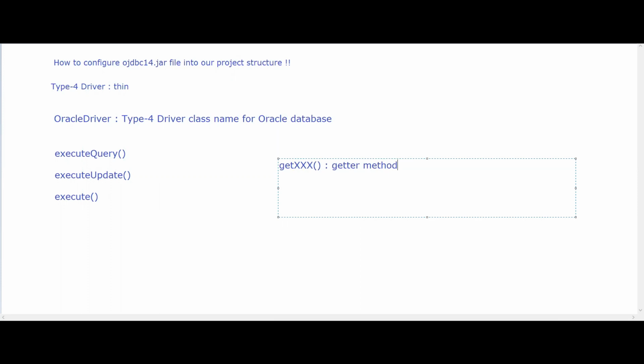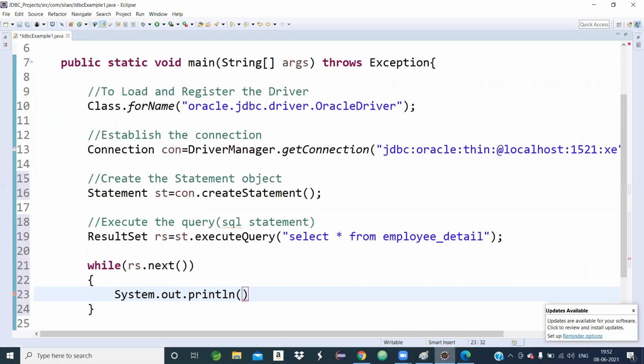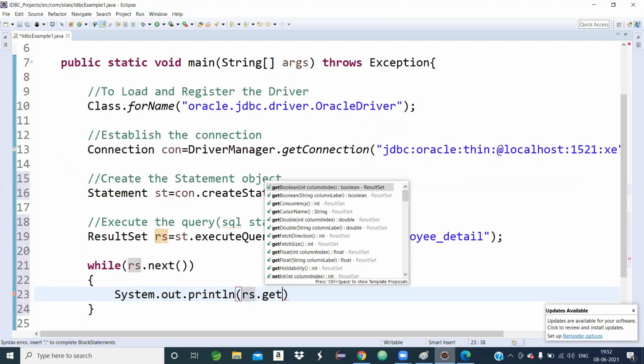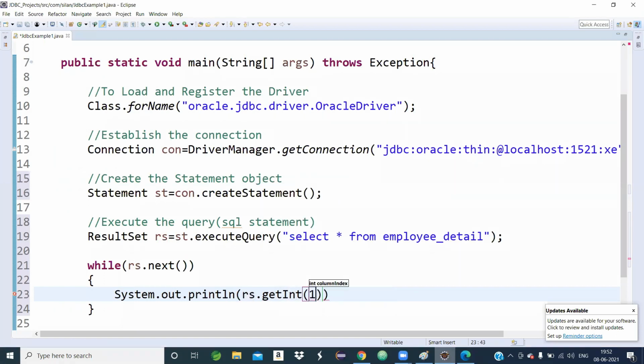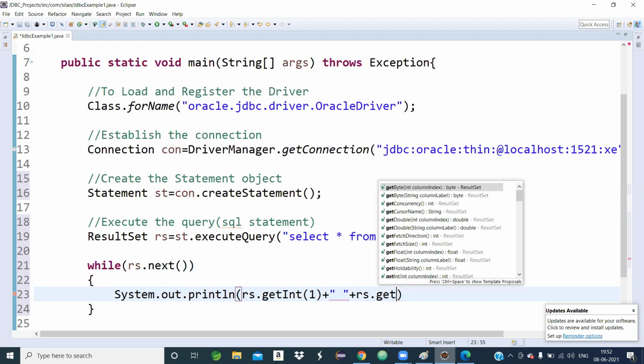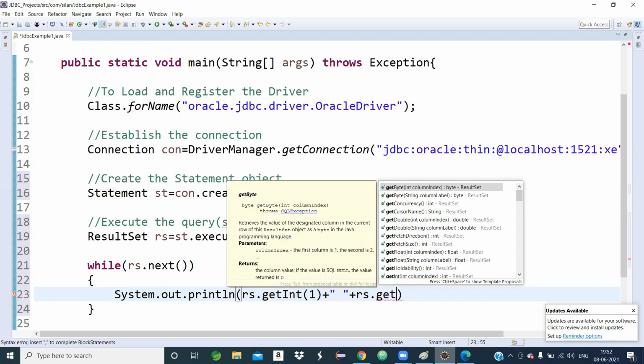Now this method I will use for getting information. So I can write rs.getInt(1). 1 means the first column value, which is your employee ID. Then a space, then plus rs.getString for your employee name.